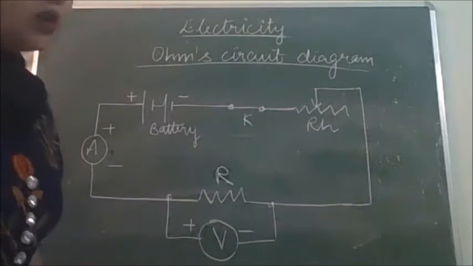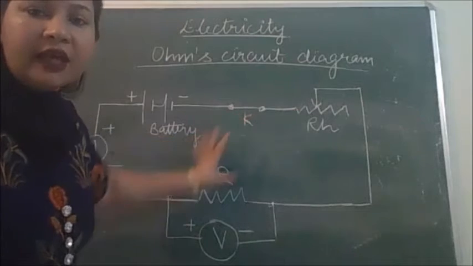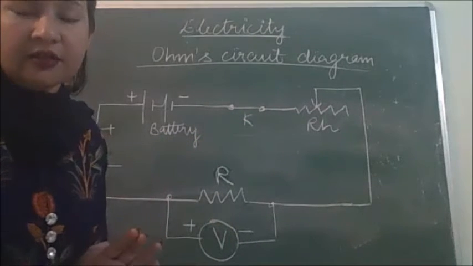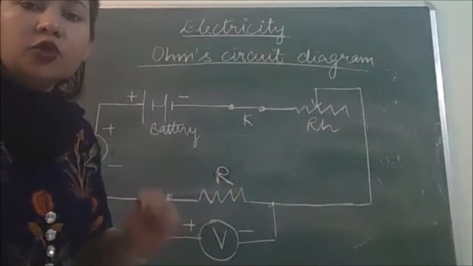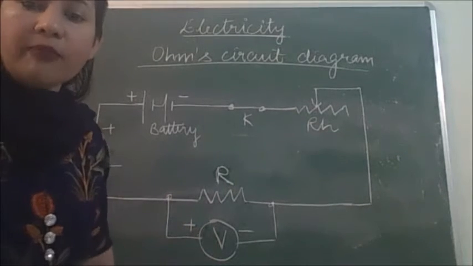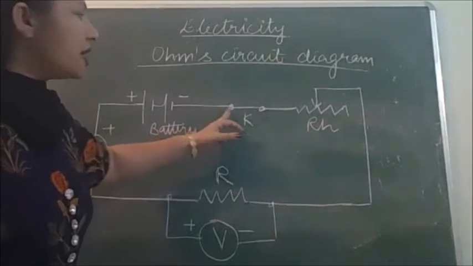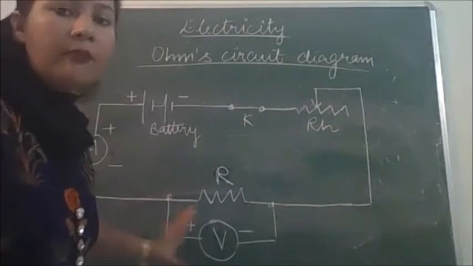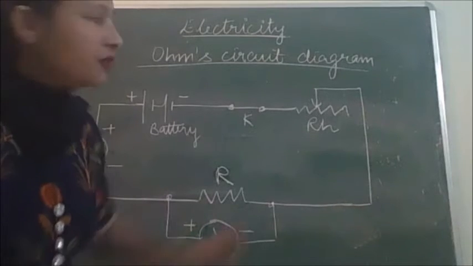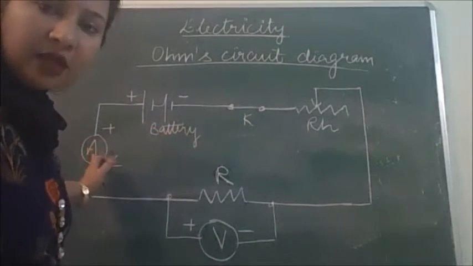Okay, so what we do, as soon as we press the key, first we will take different components together. We will connect them through wires, connecting wires of copper. Okay, we use copper wires in the lab. Then we start connecting from one side and go on connecting different components. Our circuit is ready.